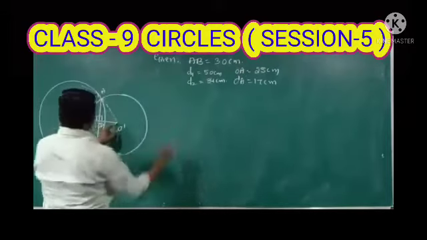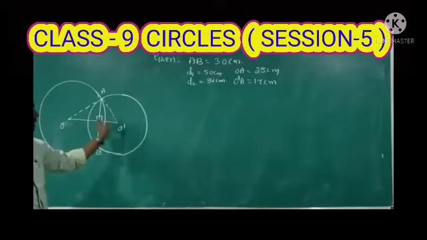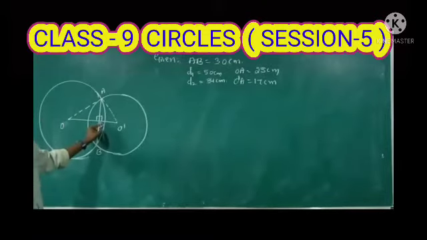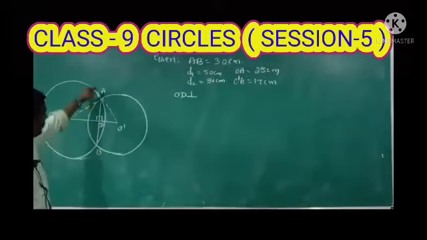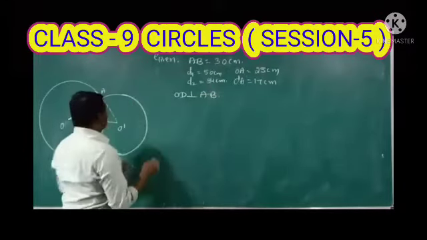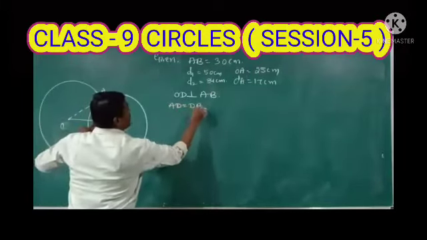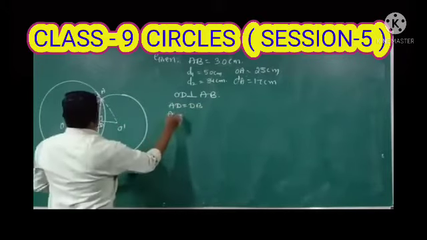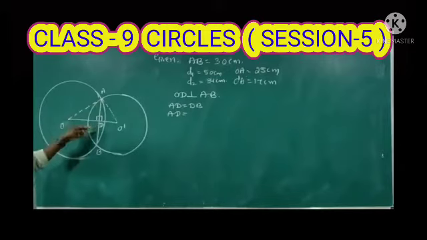either you can take the first or the second, or consider the first triangle or second triangle. When a line is drawn from the center of a circle to a chord, the chord will be bisected into two equal parts. So here I am taking OD perpendicular to AB. OD is perpendicular to AB, so the chord will be bisected into two equal parts, that is AD is equal to DB. I require only the length of AD, right? Because these two lengths are equal. So first calculate the AD length.